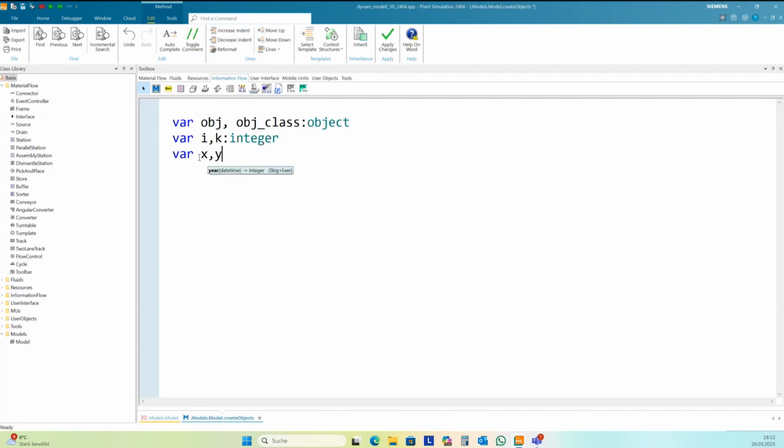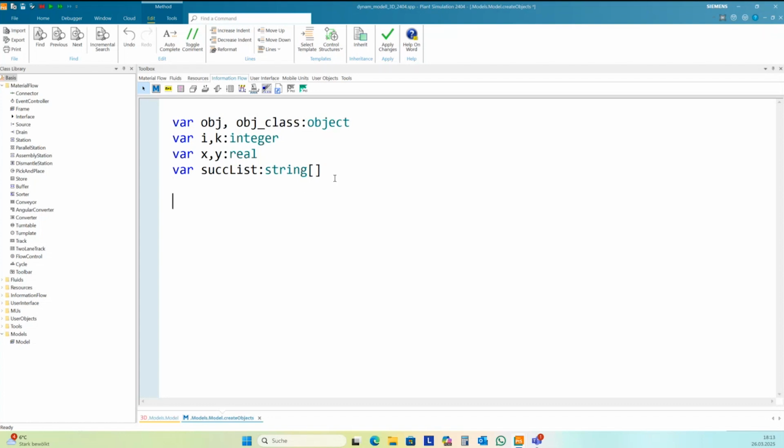I have some coordinates as real or length. And for my successor lists, I need an array of type string.